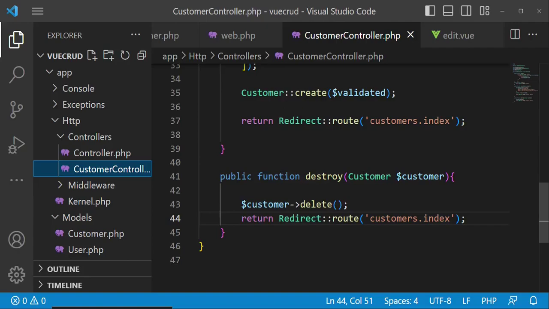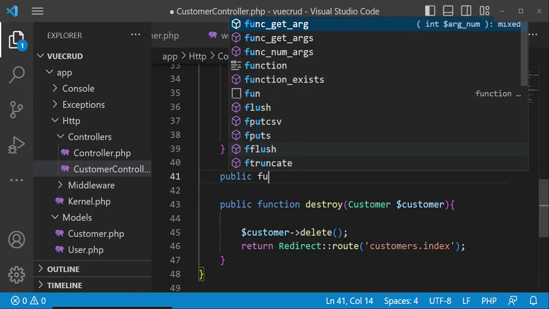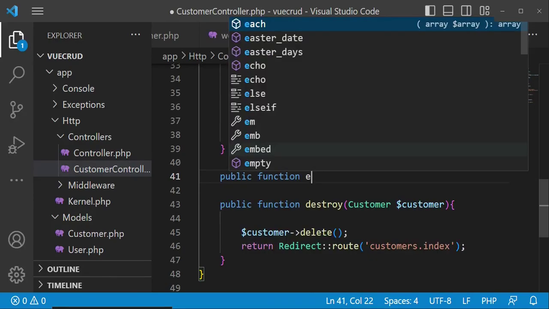So I want to open the controller, and inside here I want us to have a method that will be returning our edit data. So in this case, we are going to have public function edit,